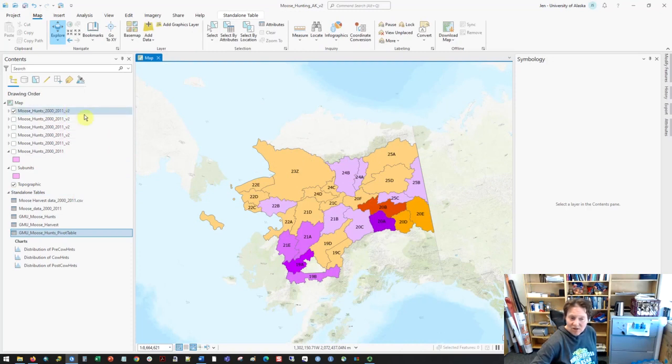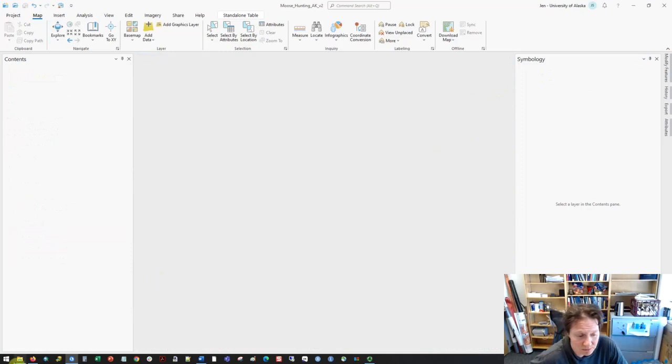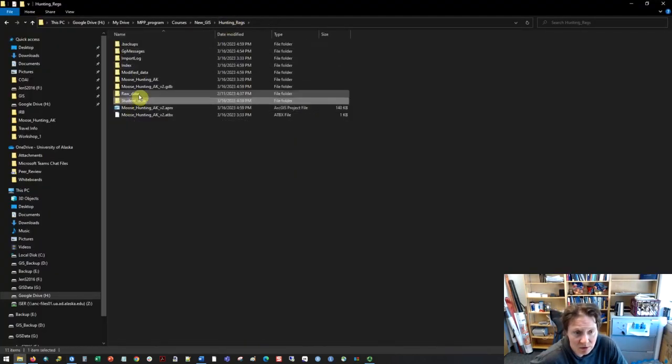I'd like you to zip that up and send that to me. So we could pretend that we're done, and we could pretend that, okay, we went through and we made our moose kills file. So we can save our project. What you would do is you'd close this down and you go to your folder where you saved your data,